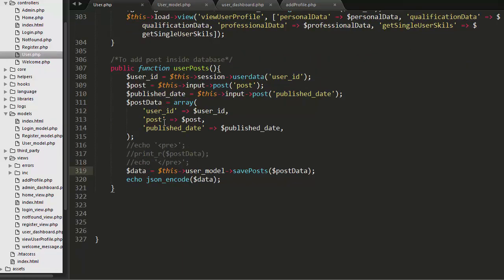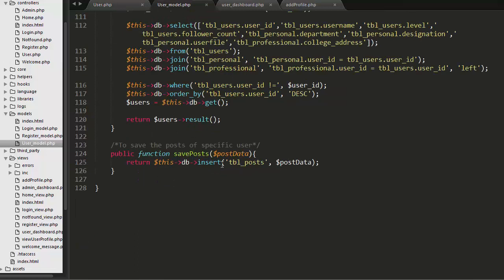Whatever data I get from the form, I pass to this user model class. Here you can see I have called the save post function which I have created under the user model class, and to this function I have passed this entire data. So now the data will come here